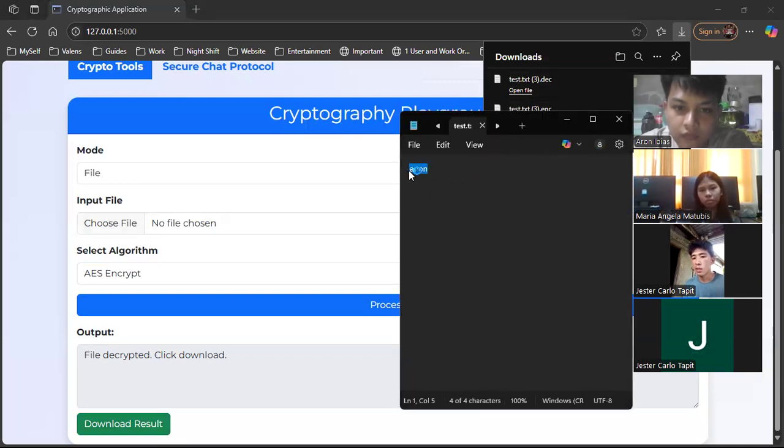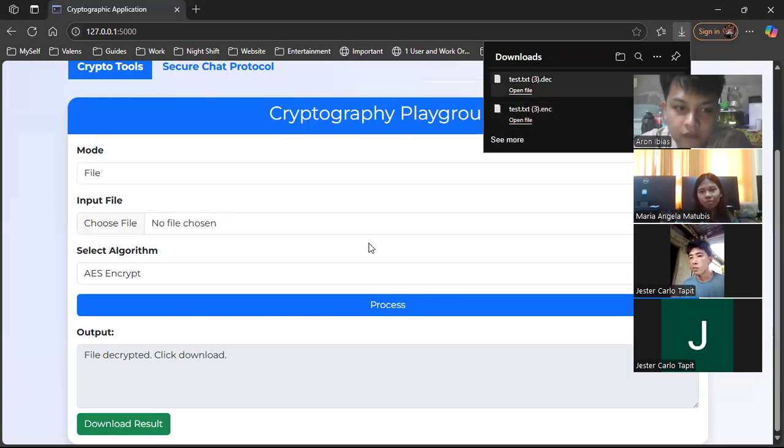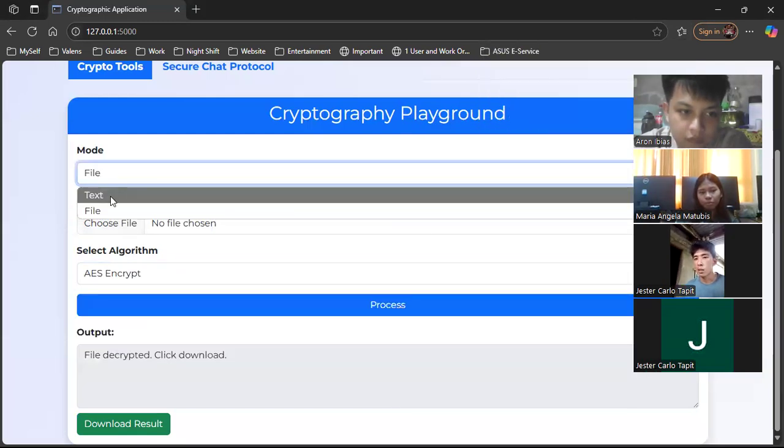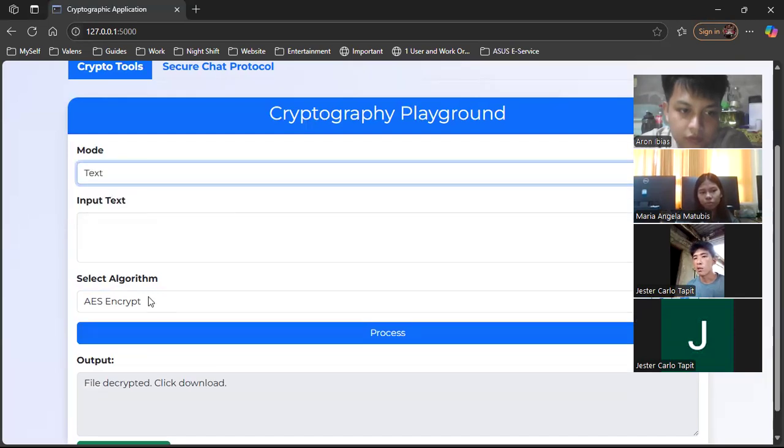And here is the downloaded result of the decryption. So it works. Then next is the RSA encrypt.